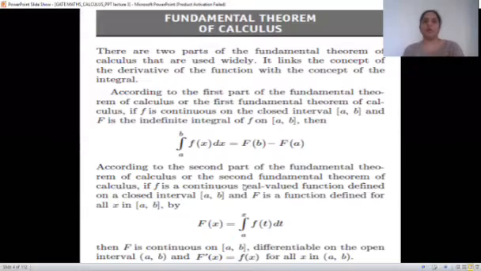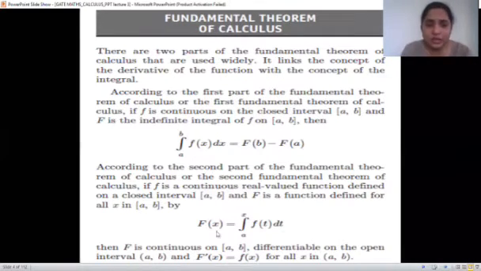So we start with the fundamental theorem of calculus. You must have known, if we take the integration of some function f of x dx, and it is something like capital F of x, then for the definite integral, that is, if the limits are there for the integration, then we have to write F of b, F of upper limit minus F of lower limit. That is called the fundamental theorem of calculus.